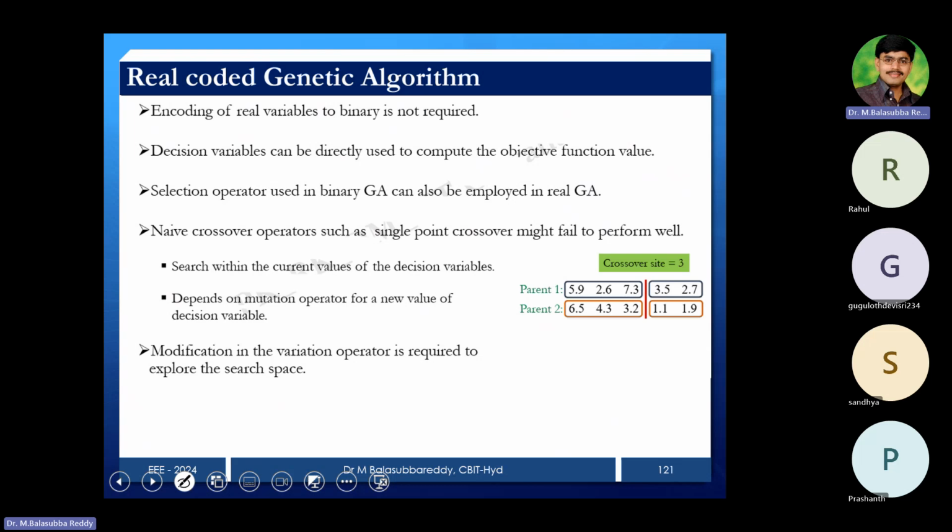Now we can see it is simple, rather than one step we can skip here. What we can do is, decoded value is not required, because we are using numerical values directly, we are not taking a 0 bit, 1 bit like that. That is the reason the encoding of real variables to binary is not required, because binary bit to real values conversion is not required, since we are taking real values directly. Decision variables can be directly used to compute the objective function, because whatever variables you are taking, x1 and x2,